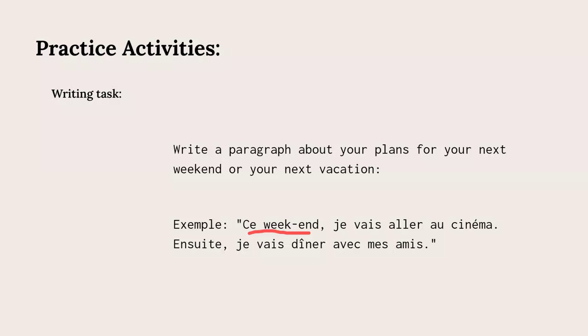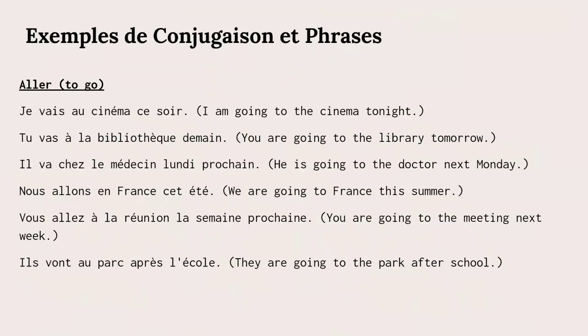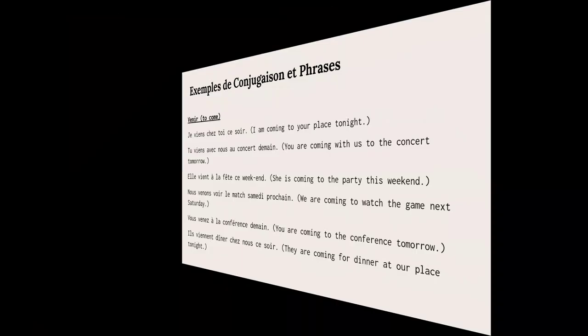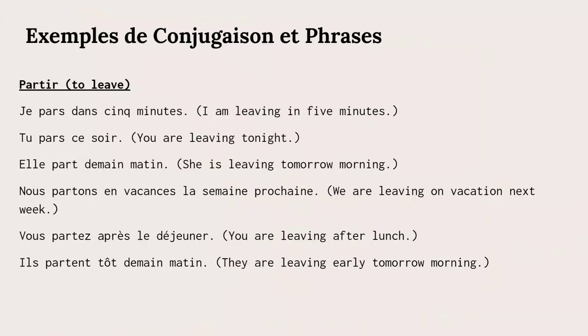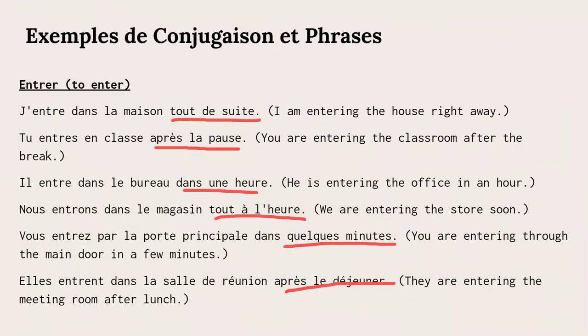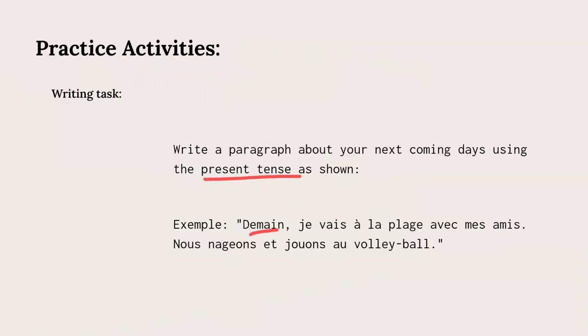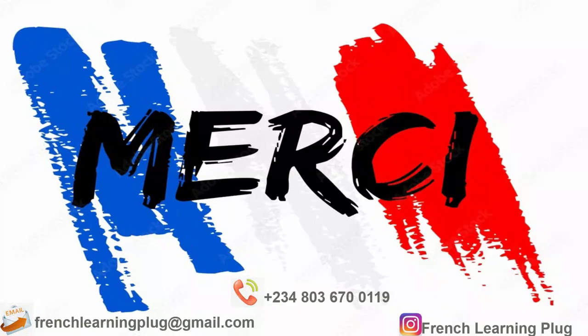And my advice for you when writing, please try to use logic connectors, okay, when writing. So that's it. I hope you've been able to learn how to speak about the future tense in a very easy way. So even if you're a starter, you're a beginner, you're just A1, these two ways are very easy for you to use to speak about the future, unlike if I had taught you the simple future tense, which is a bit complicated.